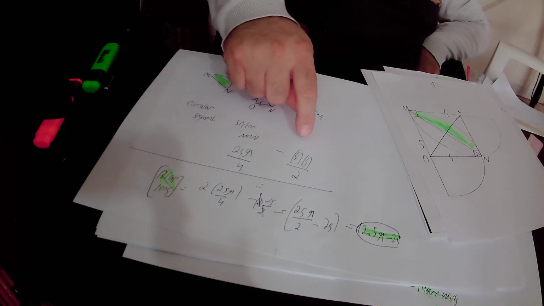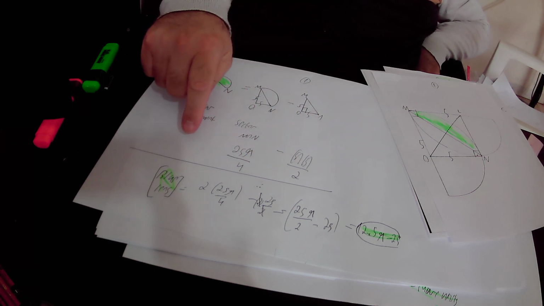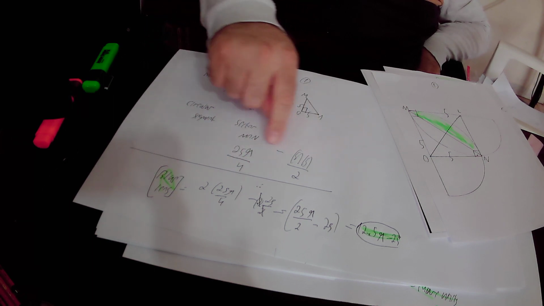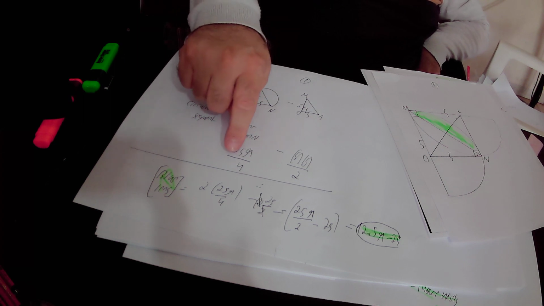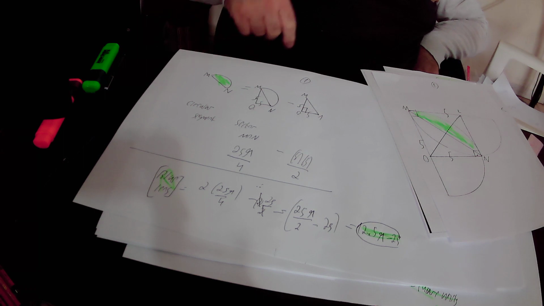So 2 times the area of this circular segment MN will give us the area of the blue lens. So the area of the blue lens equals 2 times this expression, and 2 times this expression here, 2 times,